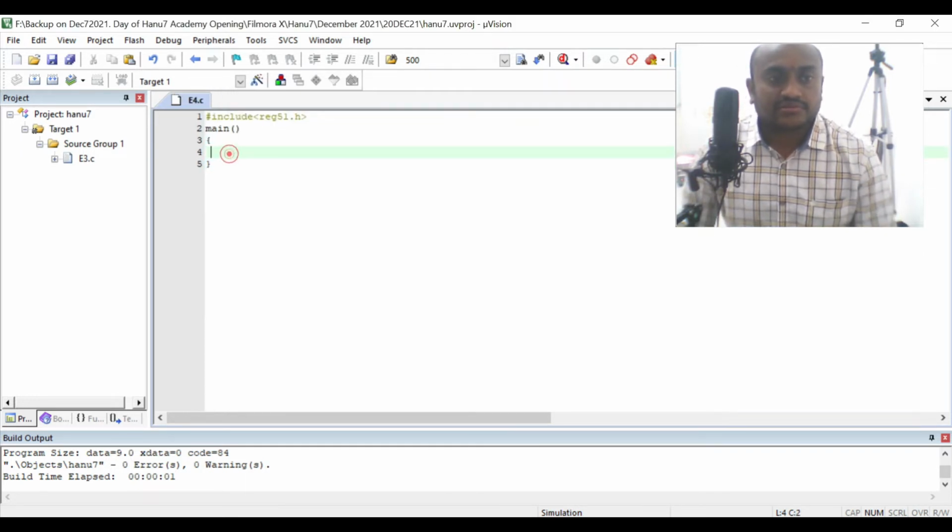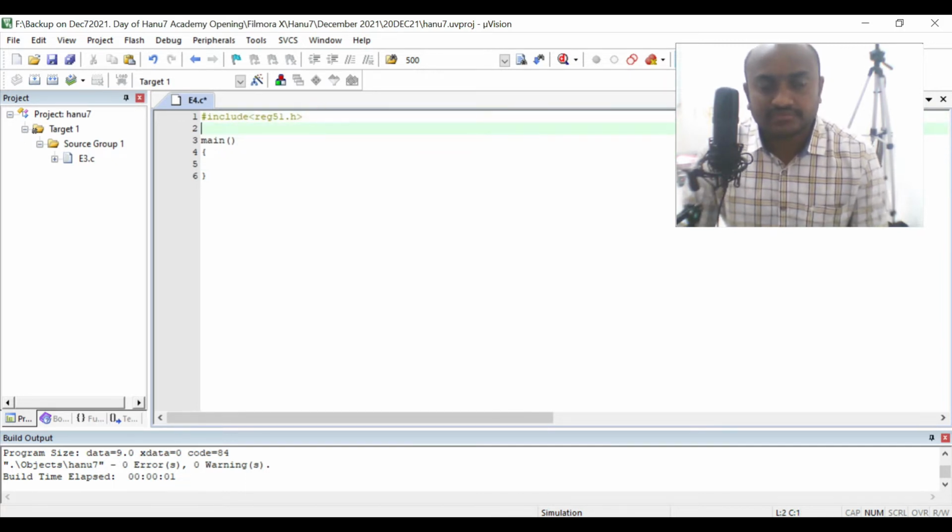Okay, so now I want to give a name to my LED. I cannot directly write P1, P1.0, 1.1, 1.2, and so on up to 1.7. We cannot directly program an LED with the name that is associated with that particular pin, that particular port.